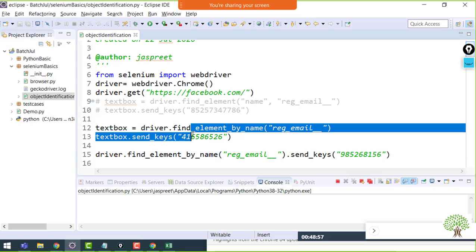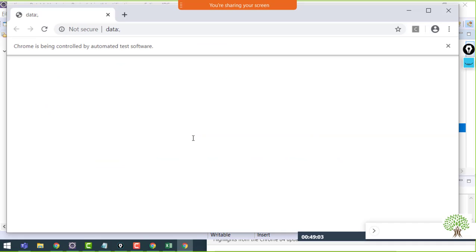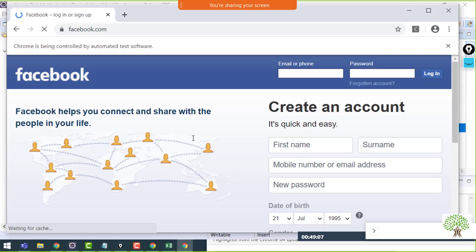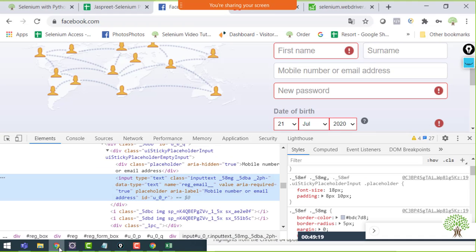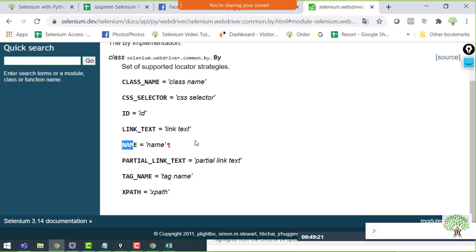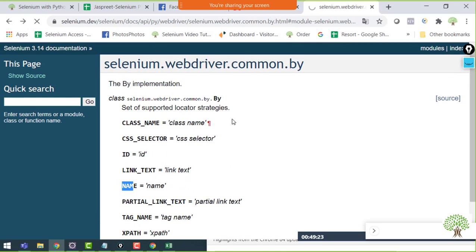If I run this, it is also going to give absolutely the same output. These are the three different ways we have seen. Likewise, if you are using another locator, there are different functions for that as well. You can see again the text box got populated. In the same way, there are other functions as well. Over here, let me show you the web element class.